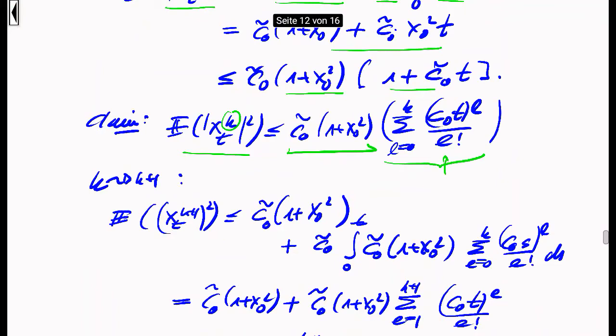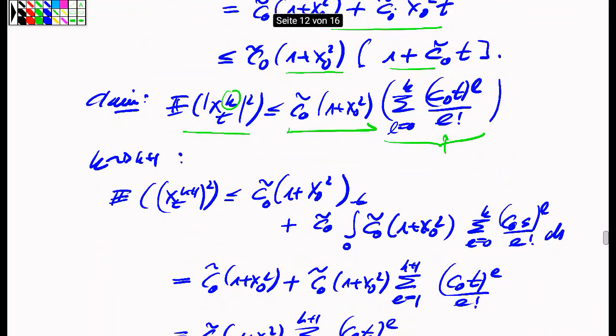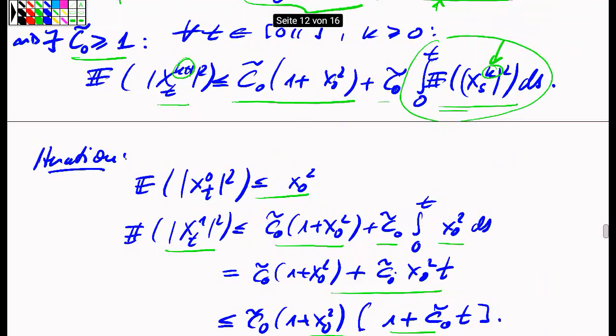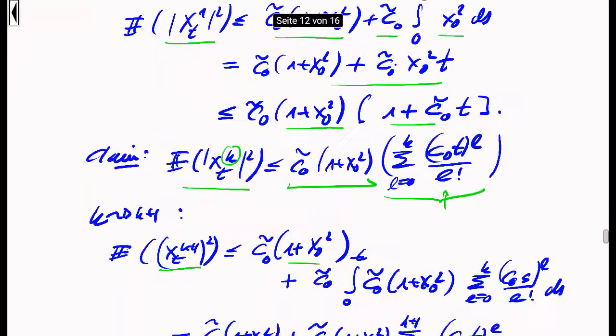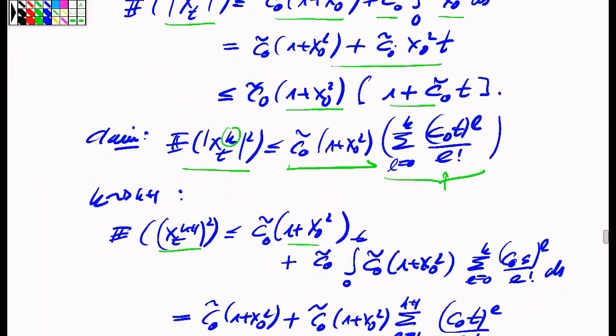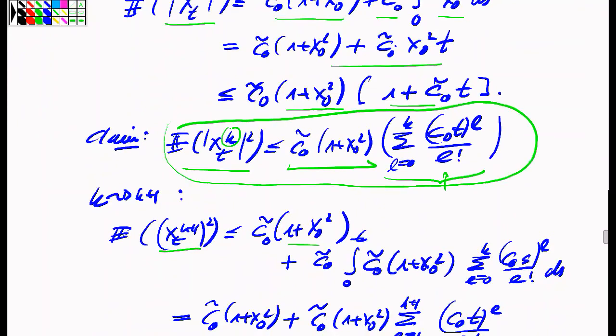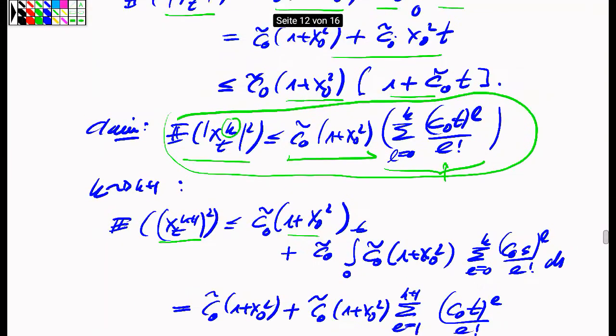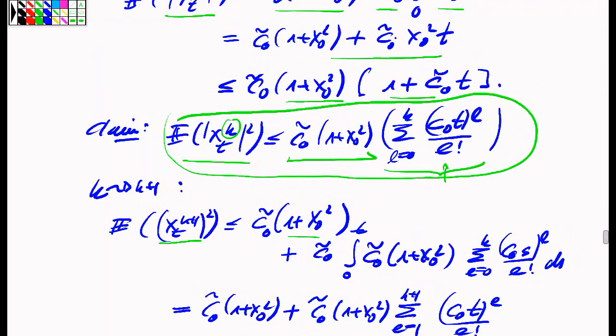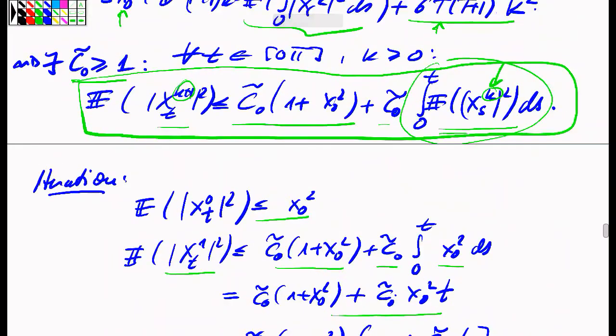And okay, I probably spare the details. It's just inserting this inequality, which is my basis inequality, which needs to be iterated. So that's my base inequality, which I use for the induction step. And if I start from the induction hypothesis that this inequality is correct, and I insert this upper bound for the process at the lower level into the leading inequality,